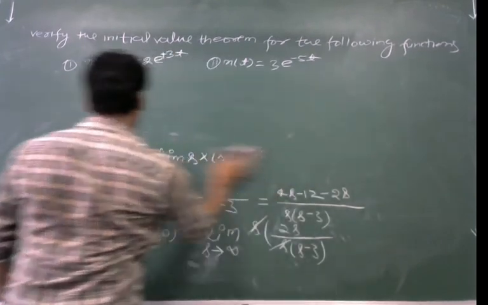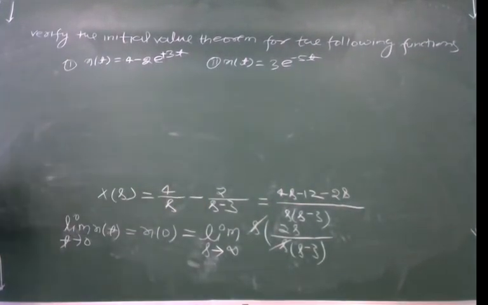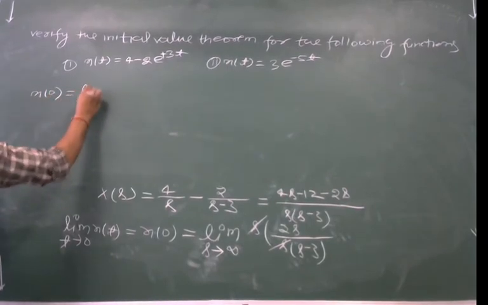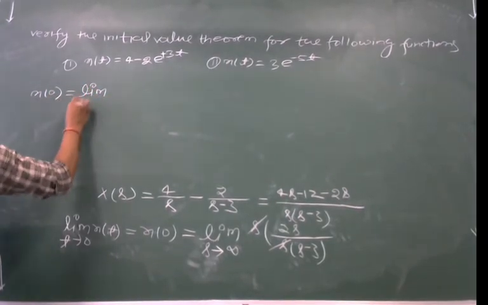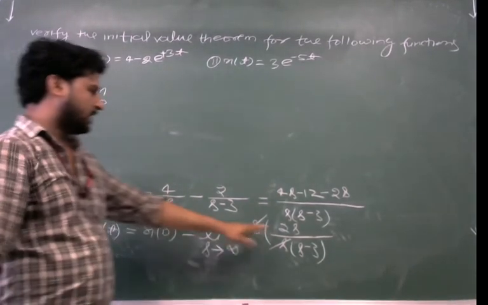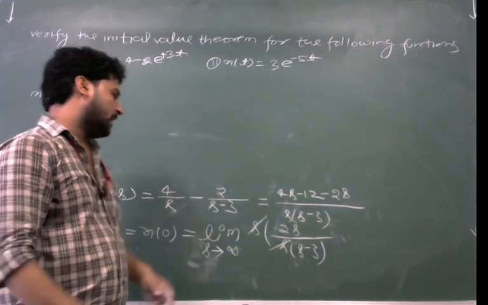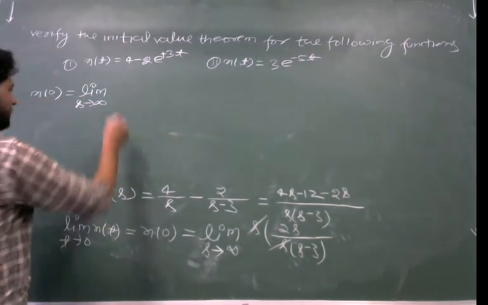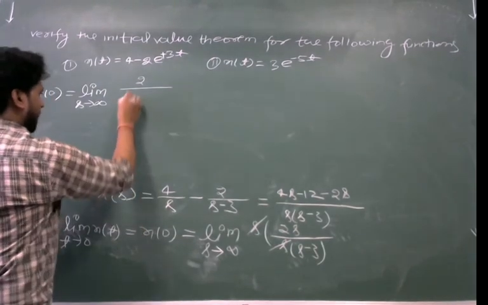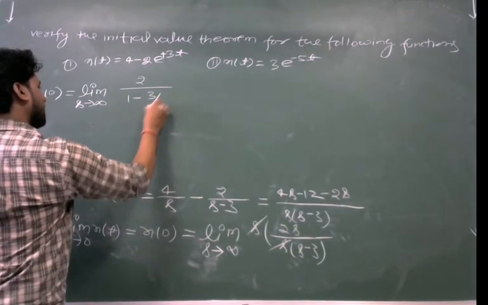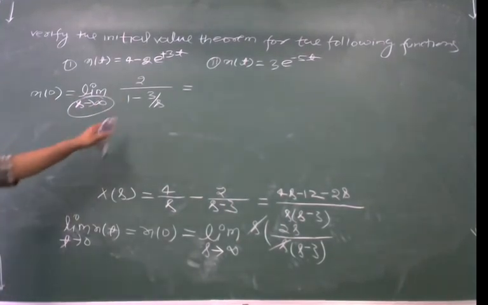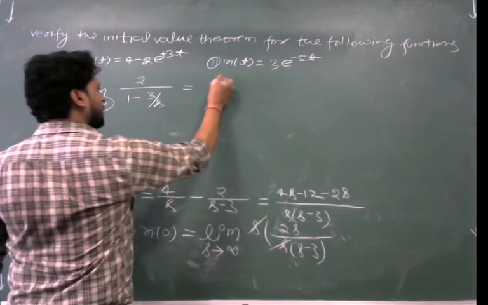So x of 0 is equal to limit s tends to infinite, dividing numerator and denominator by s, this will become 2 upon 1 minus 3 by s. Now I can put the value of s equal to infinite in this relation, and this will become 2 by 1,